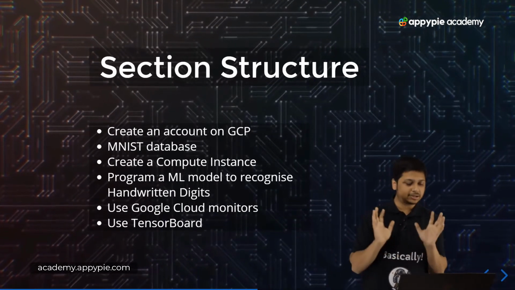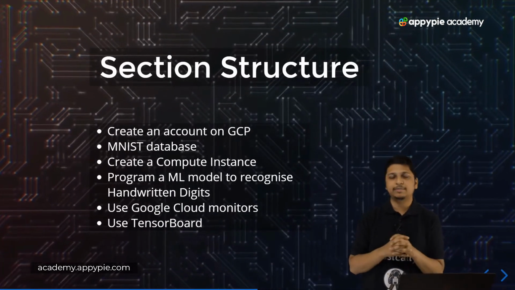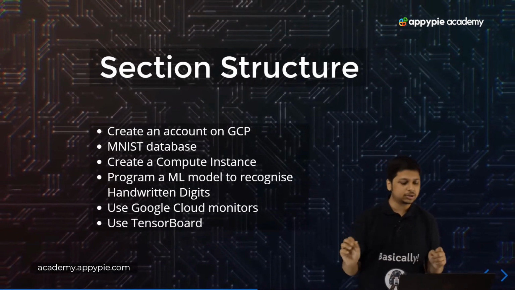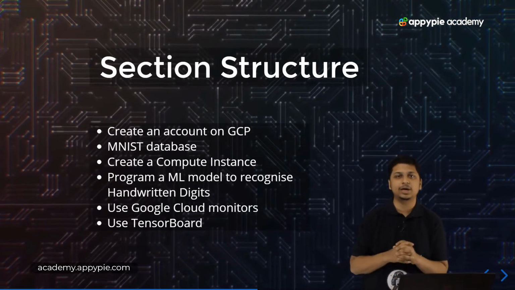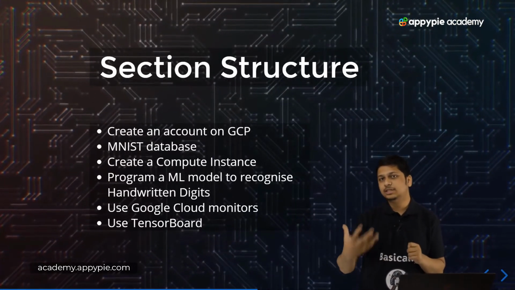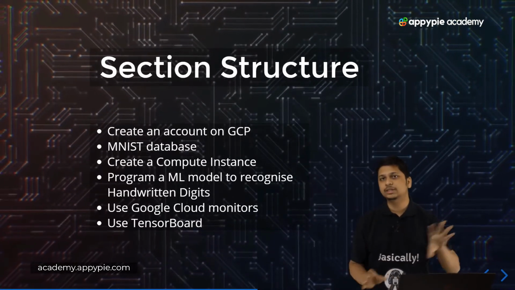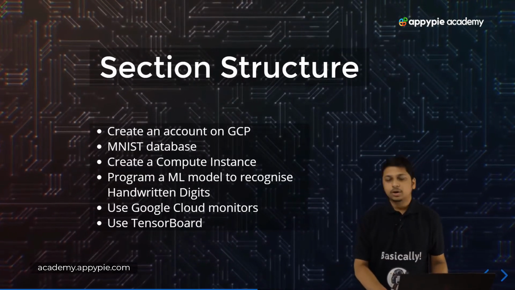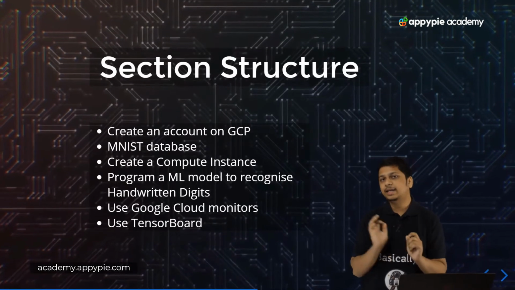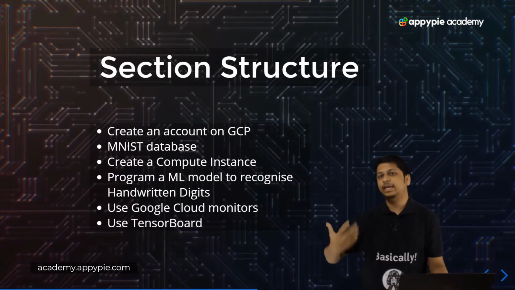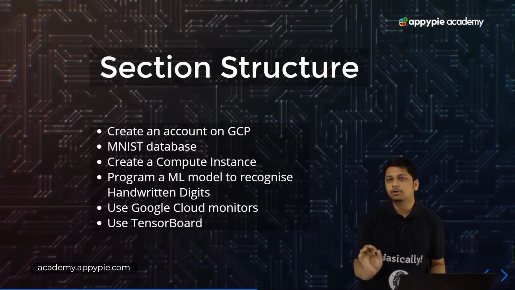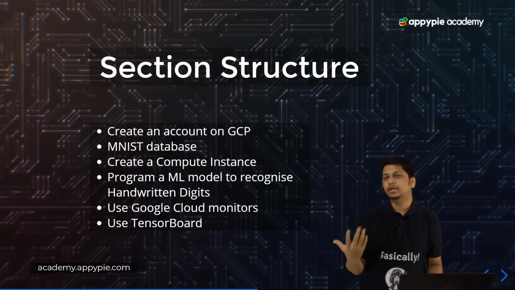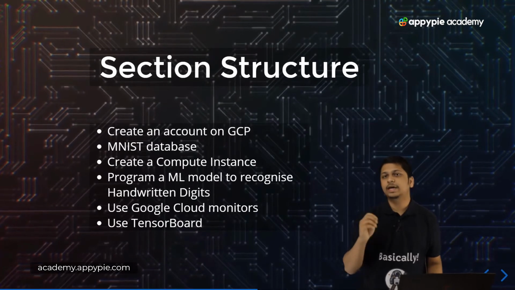Okay, so for TensorBoard, we'll be using a different port on the Google Cloud Console. It is a little bit different when you are writing a program for TensorBoard on a cloud versus doing it on your local machine. Whenever we are writing programs for TensorBoard, it will be very easy to look at the output and how the loss is decreasing at any time during the runtime of the entire virtual machine.